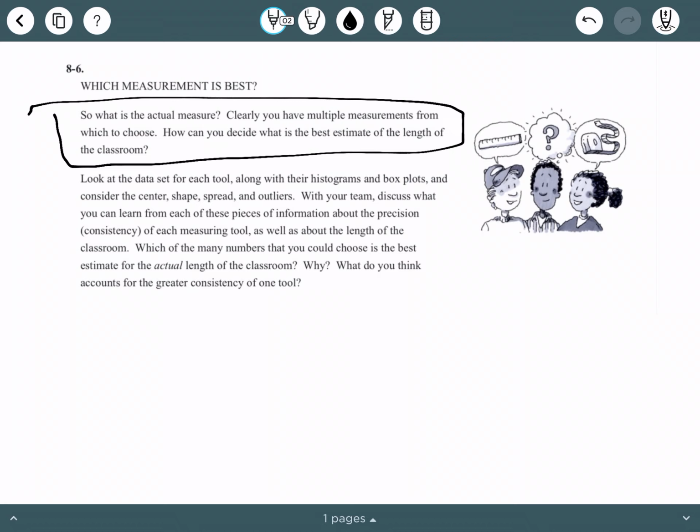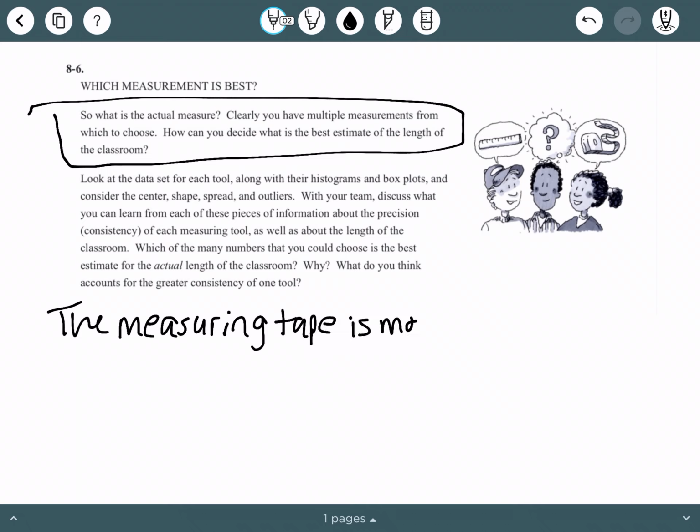we talked about it in the last problem, and you can go back to view the histogram and the box plots there, or hopefully you have corrected yours, so you should have yours out and be looking at it. We know that the spread of data is much greater in the ruler than it is in the measuring tape. So the measuring tape is more consistent. So let's say that first. The measuring tape is more consistent,